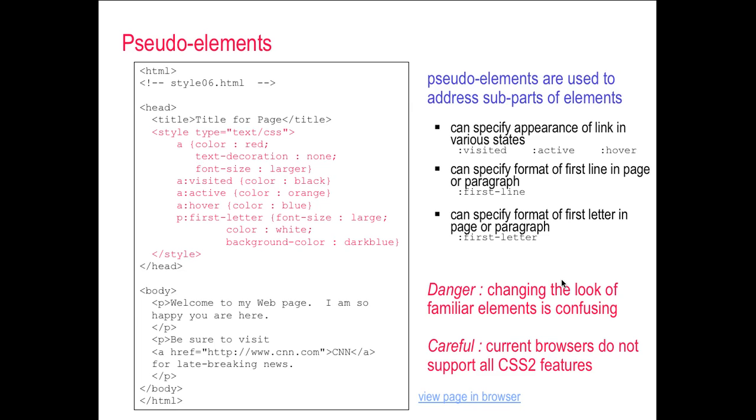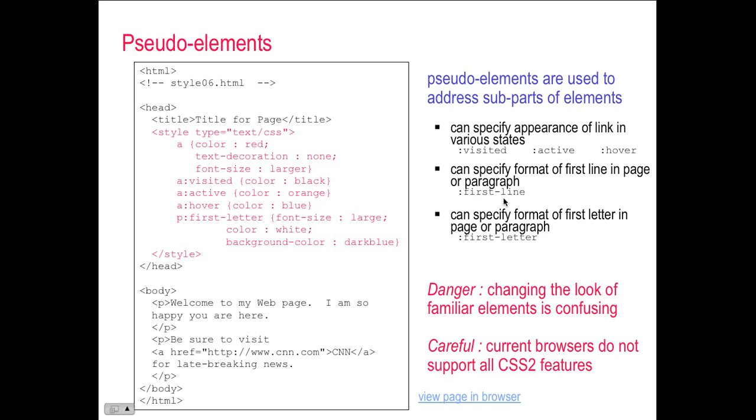Pseudo-elements. Pseudo-elements, well, that's interesting. So pseudo-elements are used to address subparts of elements. You can specify the appearance of a link in various different states, for example visited, hovered, active. A visited link is going to have a different color than a non-visited one, versus an active one, versus a hovering one. So you can specify the format for the first line